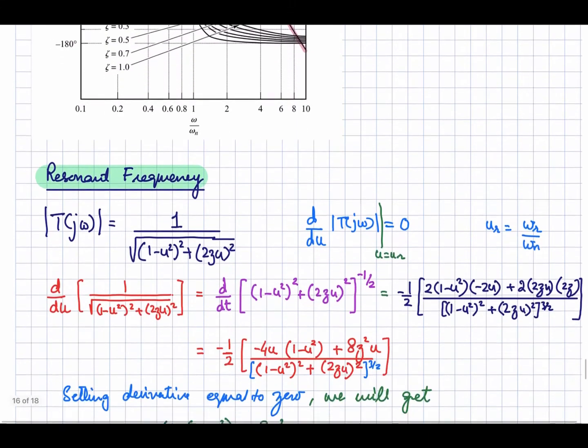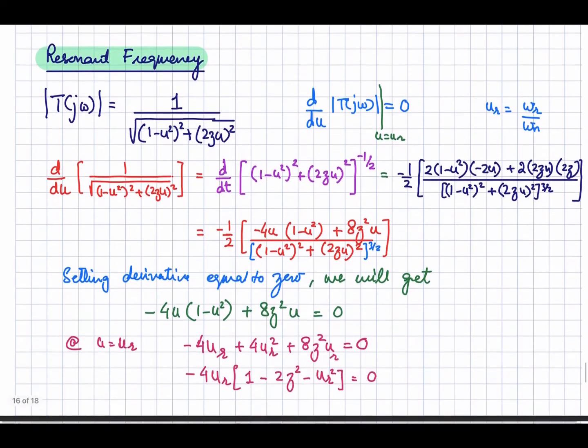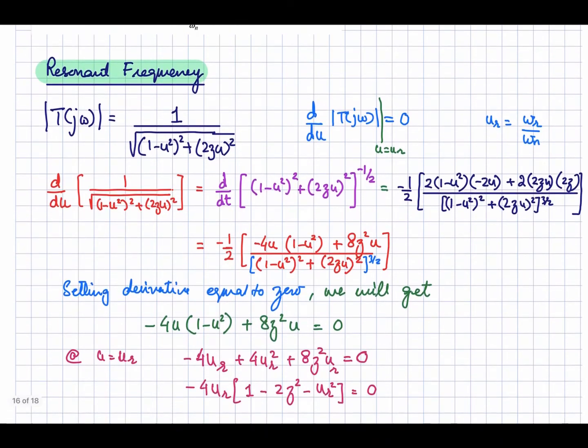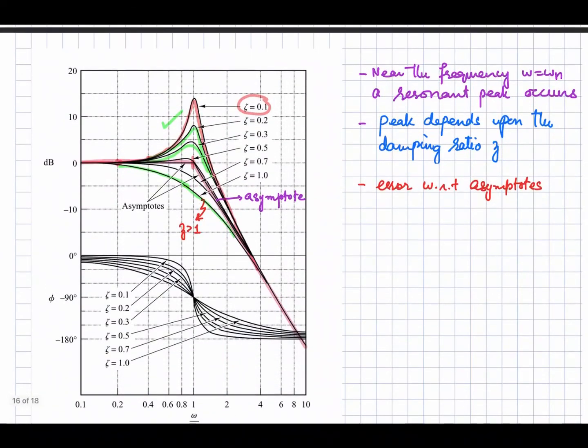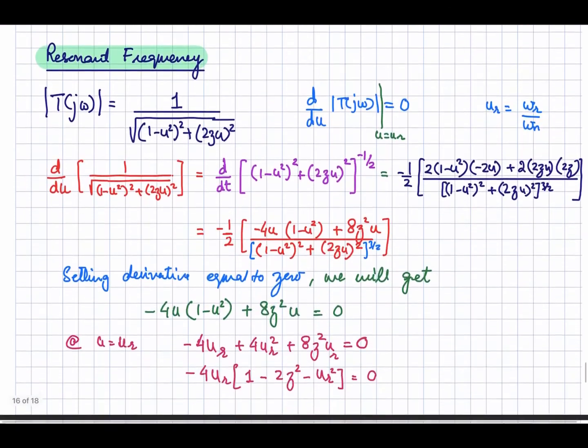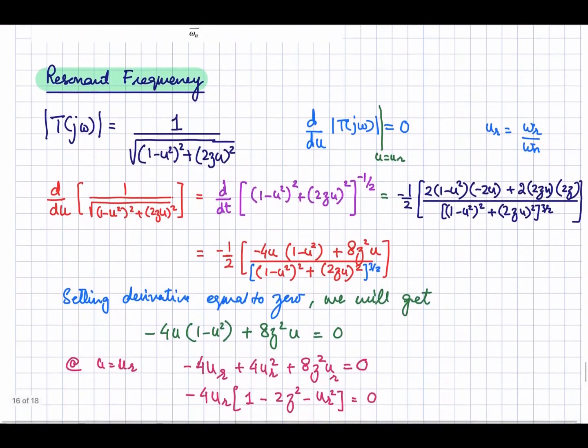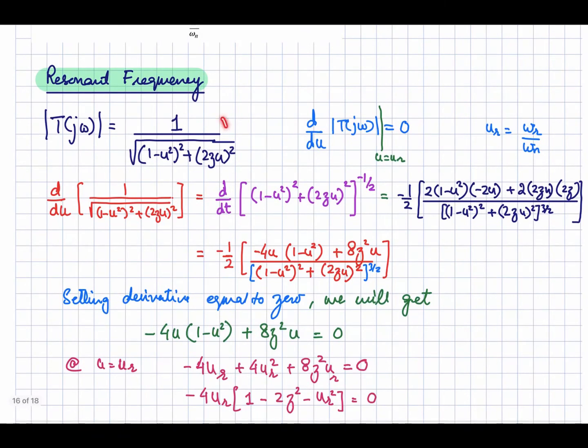So now using this we can find out the resonant frequency, because the point at which the slope of this graph is going to become 0, it means the derivative of the expression that is defining the magnitude, if that becomes 0, at that point your frequency will be equal to the resonance frequency, the frequency at which the resonance peak is going to occur. Okay, so we know that the expression for the magnitude for this second order system is this one.